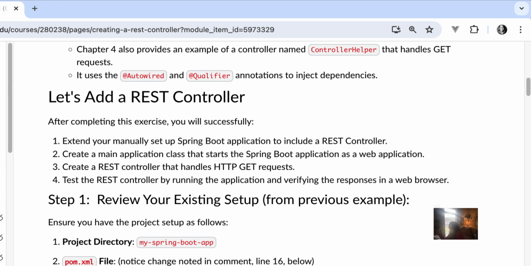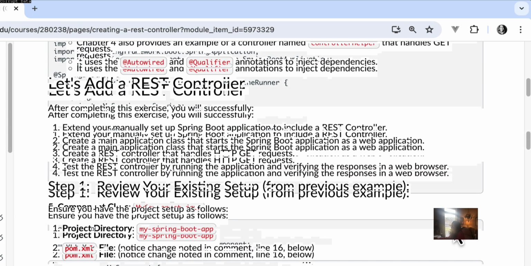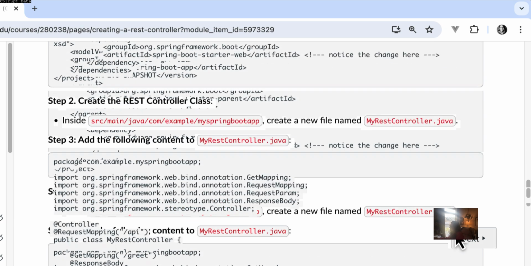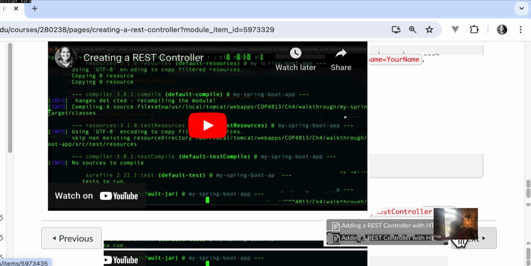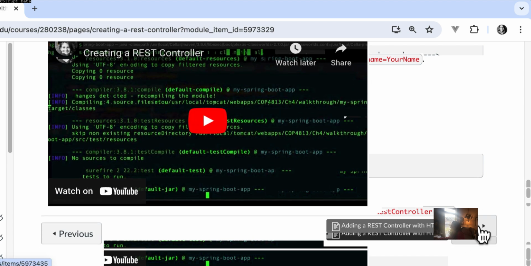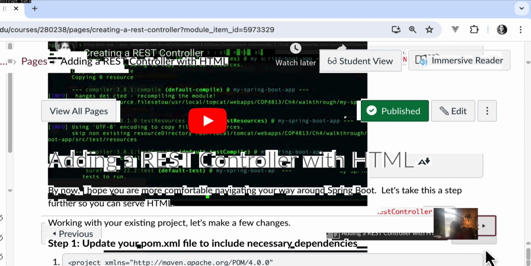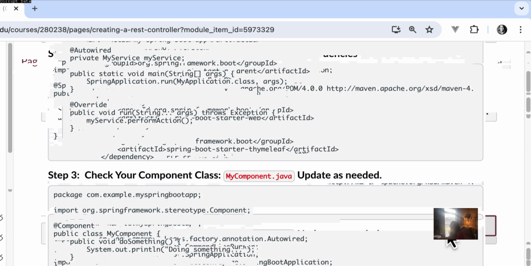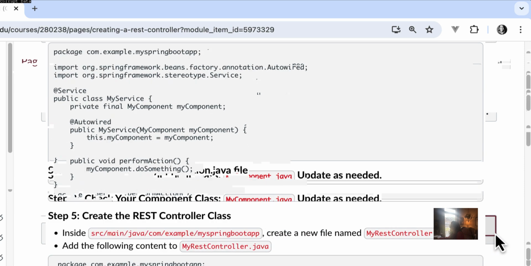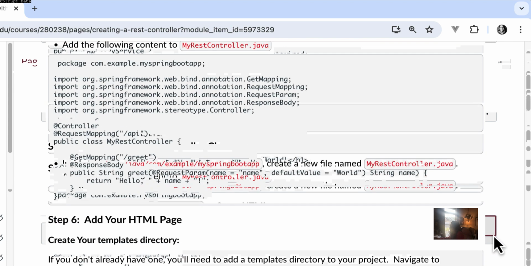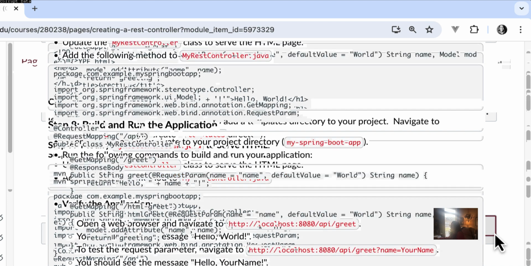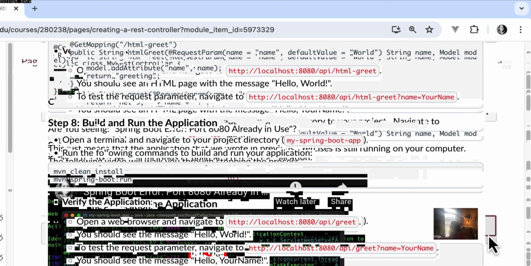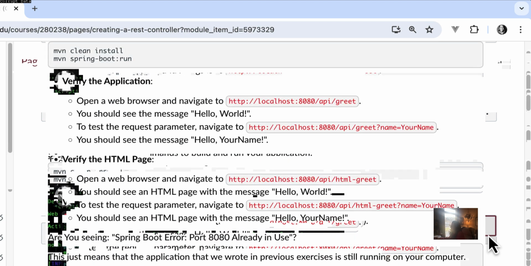And the web server I'm using is Tomcat. If you're using something else, then of course you'll modify these steps to work toward your setup. At the end, again, there's another video that walks you through this process. And then finally, we want to make sure that we're able to push an HTML page through our web server and get things to display using a markup language so we can make it look nice and not just be straight text out to the screen.